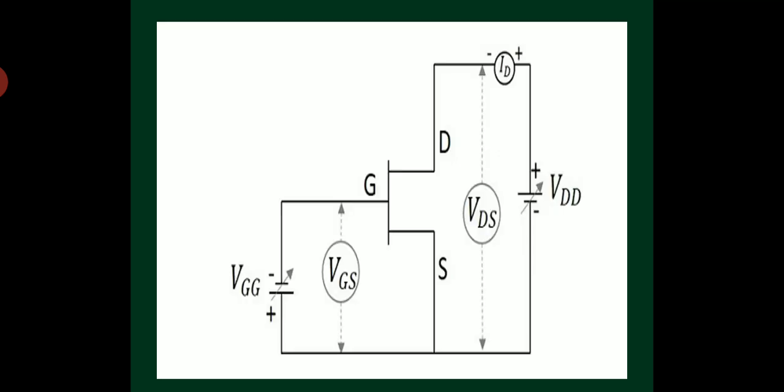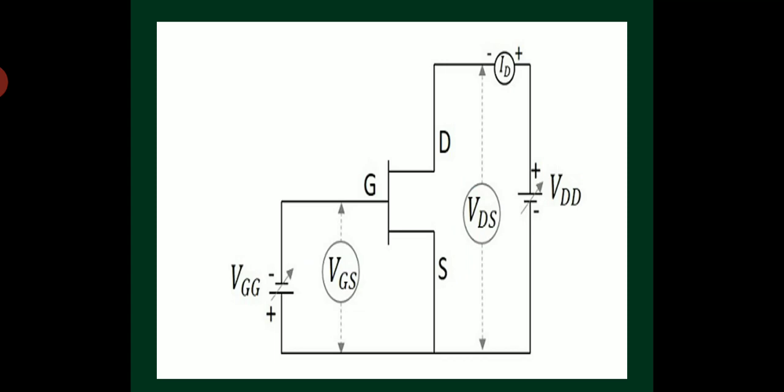You know this is the circuit diagram, right? You have to give the positive terminal of VDD to drain and the neutral terminal of VDD to source, such that electrons move from source to drain. So what will happen? Current flows from drain to source. And this output current ID, the drain current, I told you that in FET, drain current depends on input voltage, means output current depends on input voltage.